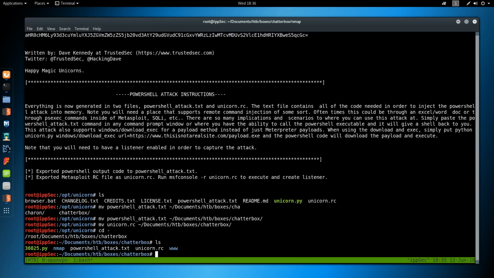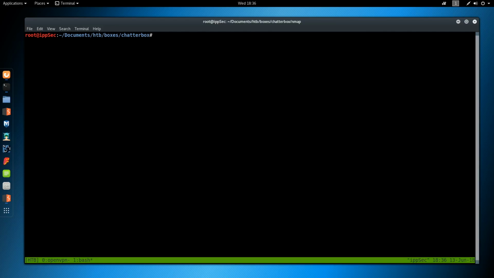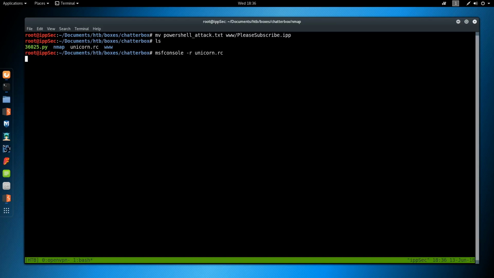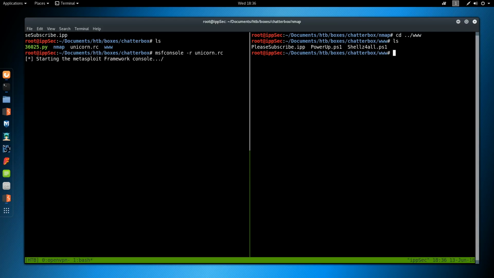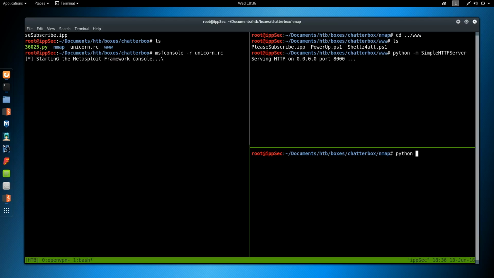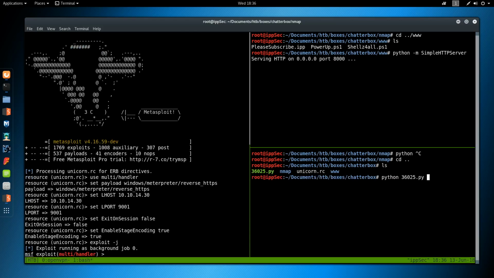So let us cat PowerShell attack. It's the PowerShell command to execute a meterpreter payload with Unicorn. So let's just move that into www. Then we can do msfconsole -r unicorn.rc. Split a pane, go in www, and then do python -m SimpleHTTPServer. Split it again, and we can do Python and execute